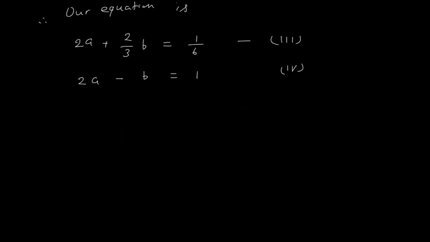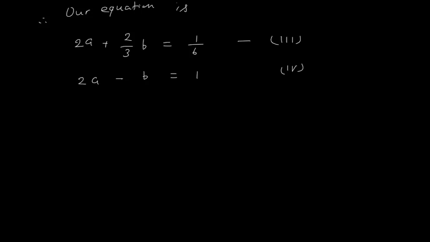here there are two ways by which we can solve. One is that we first remove this fraction part, means 2 upon 3 is there, 1 upon 6 is there. So what I will do, I will multiply each and every term by 6. So I will remove this fraction part, or I can calculate them with their fraction parts. Means if I know how to add or subtract with their respective fractions, then I can do it that way also.